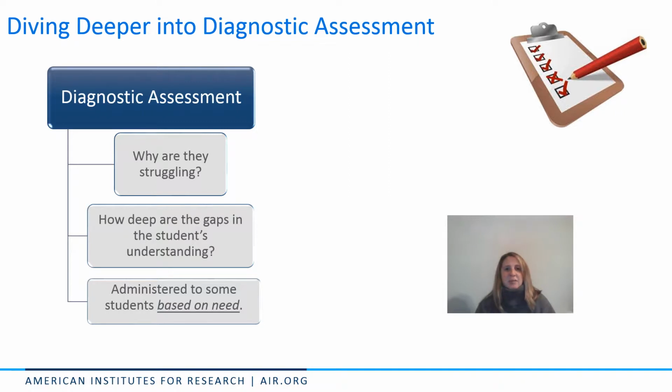Let's dive a little deeper into diagnostic assessment. Diagnostic tools provide data to assist educators in designing individualized instruction and intensifying intervention for students who do not respond to instruction as prescribed by the program or practice specificity. Because diagnostic assessments provide detailed